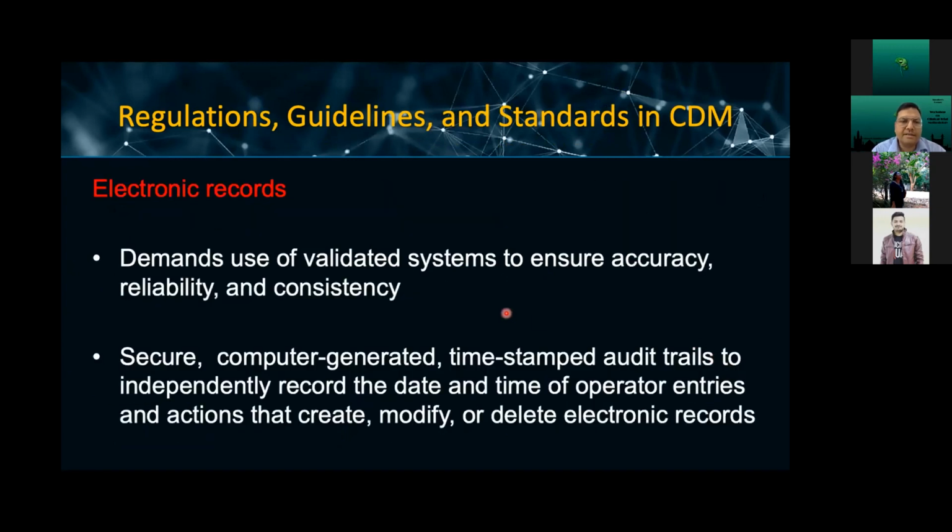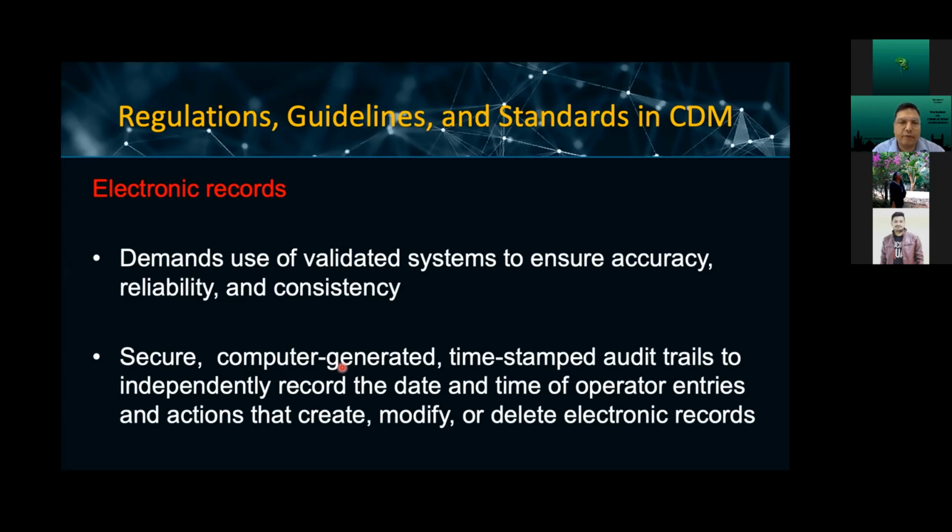It demands the use of validated systems to ensure accuracy, reliability, and consistency. And one of the major benefits that electronic data has is secure, computer-generated, and time-stamped audit trails to independently record the date and time of the operator entries and the actions that create, modify, or delete electronic records. So this is one of the major benefits which electronic records have over the paper-based manual recording system of the